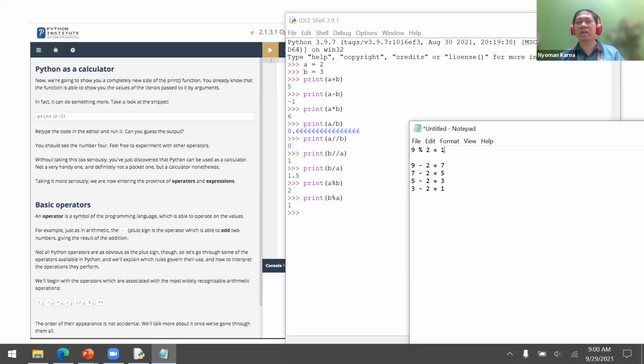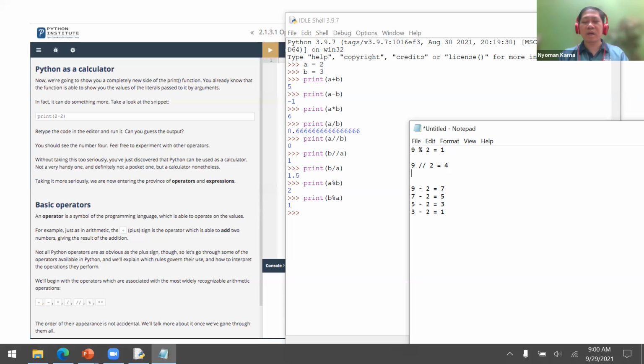So it's called the remainder of the division. For example, 9 divided by 2 is what? 4.